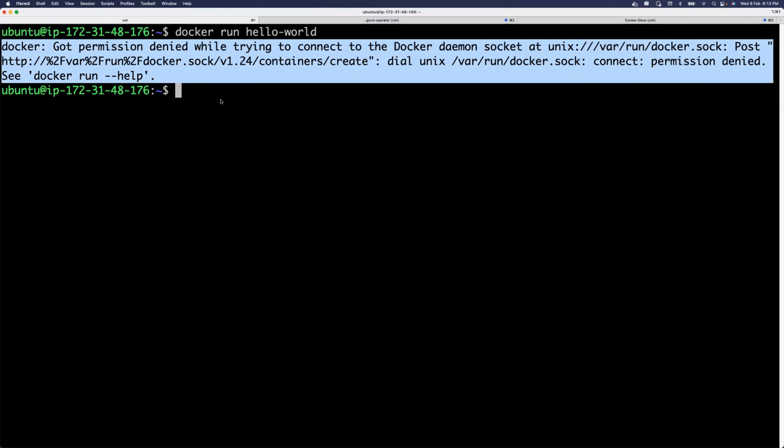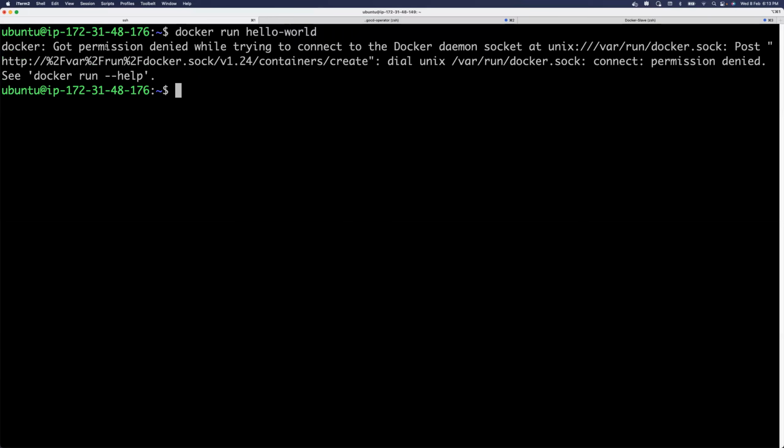You will think, okay, Docker is already installed, but why am I getting permission denied? This is because you have installed Docker using sudo, right? And by default, Docker has to be installed using the root user only. And the Docker daemon, the one that I'm talking about, also executes using the root user. That is one more drawback of Docker. Like I told you, there are a couple of drawbacks with Docker.